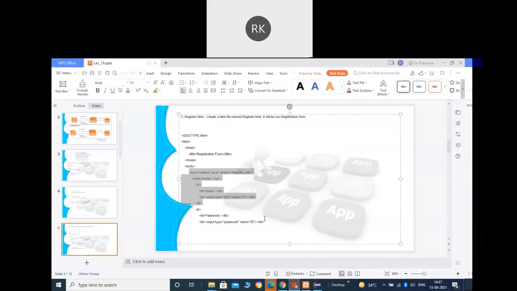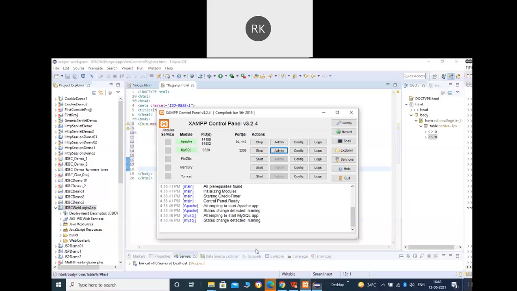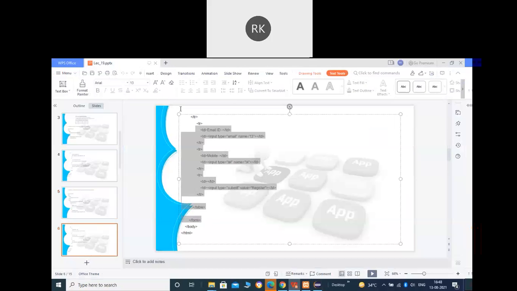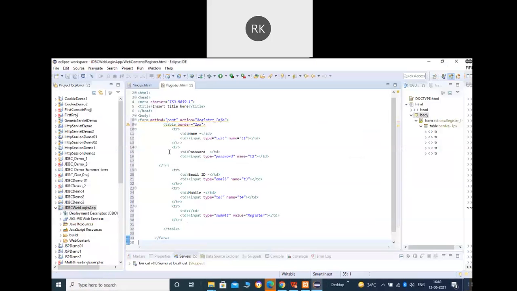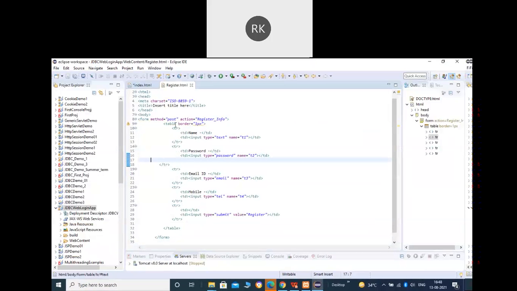Okay, so before creating the login check servlet, let's create a register.html page. So right click on your project, go to New, select the HTML file and name it register.html. And here again, you have to create a form. The form asks the user for the username, email, mobile number, etc., whatever information is required to be stored in the database. All right, so let me directly copy paste it.